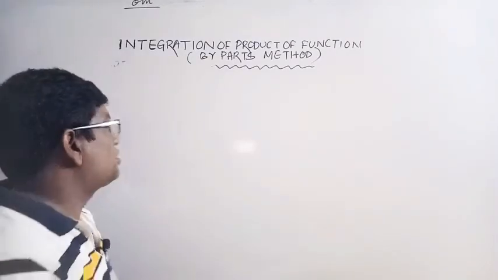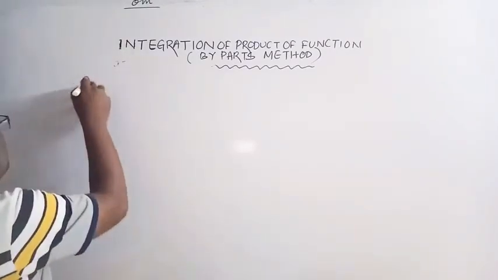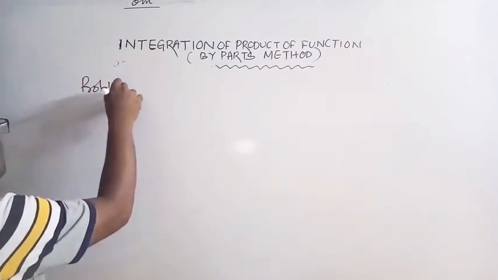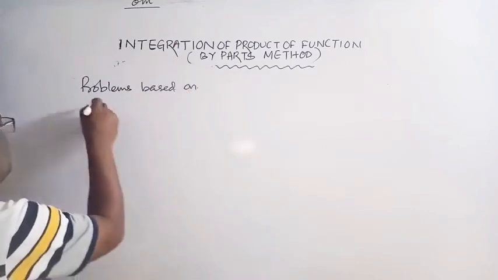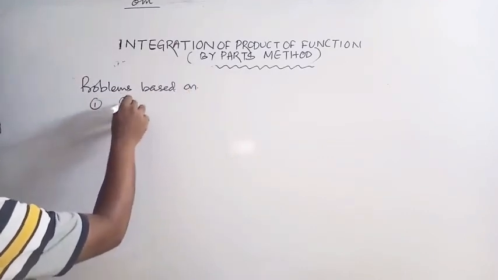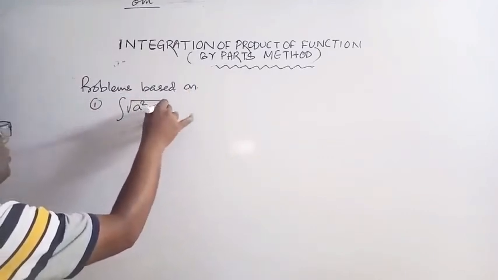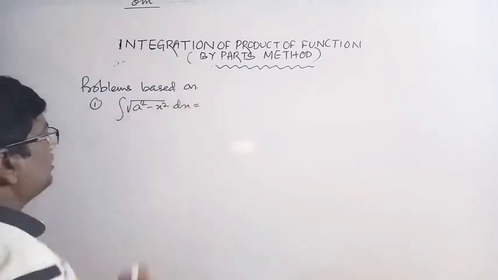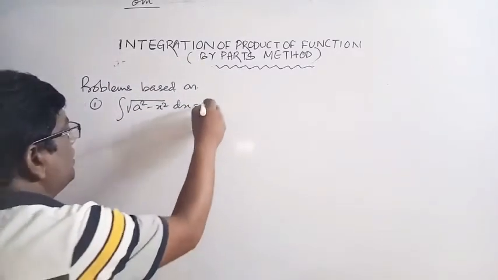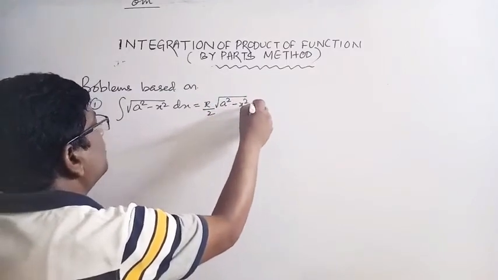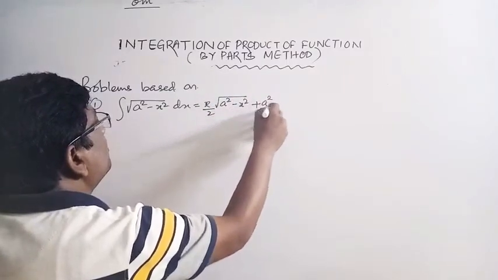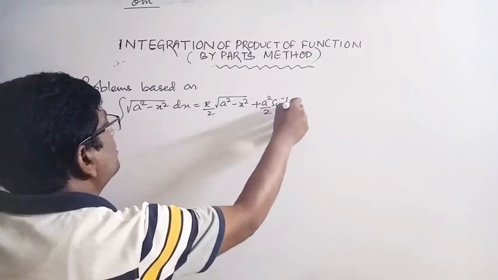Now problems based on number 1: integration of root over a square minus x square dx is equal to what? x by 2 root over a square minus x square plus a square by 2 into sin inverse x by a plus